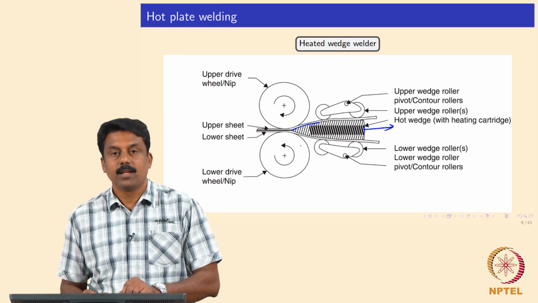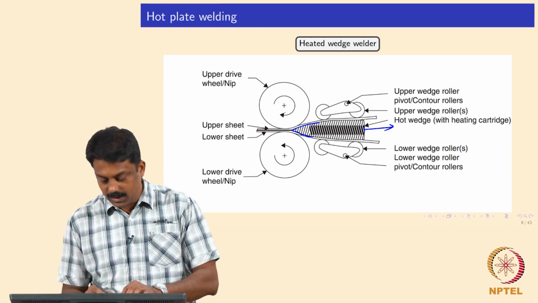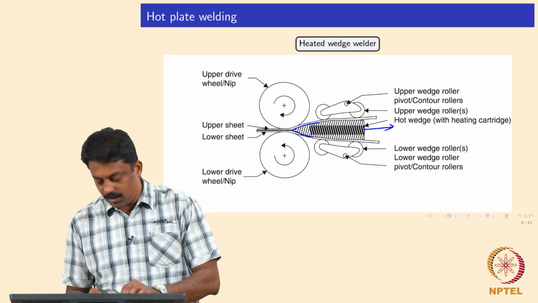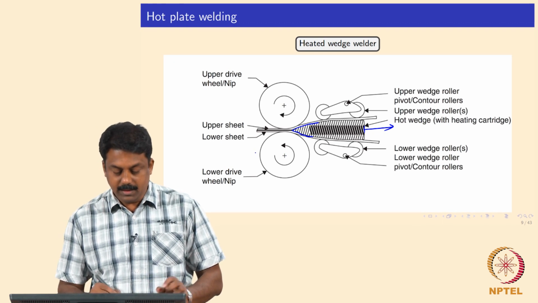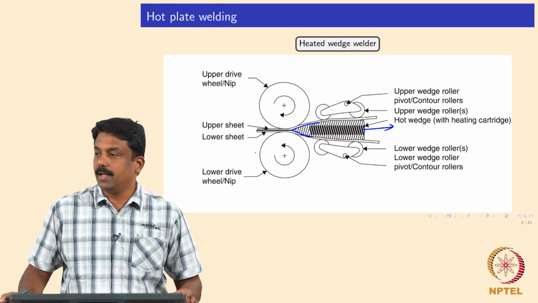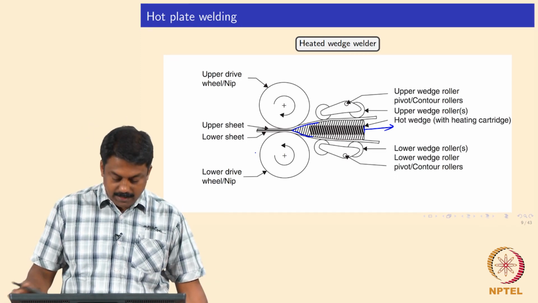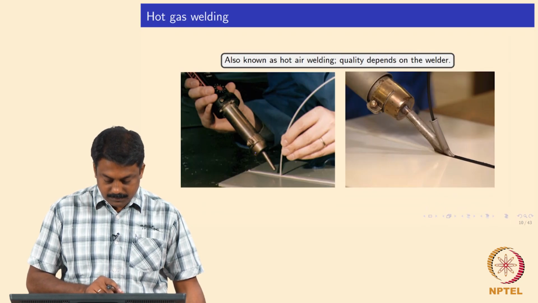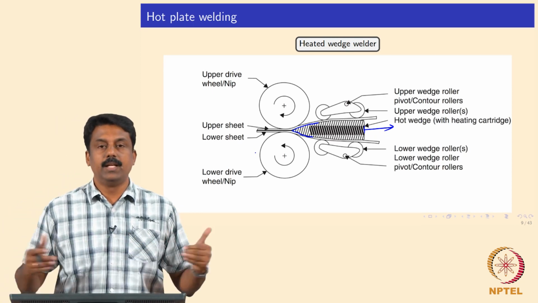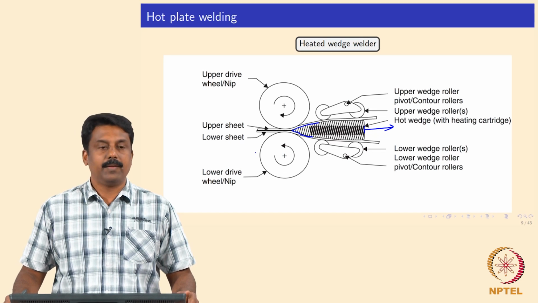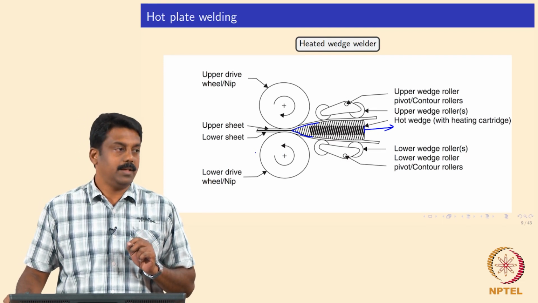The driving rollers roll, you heat up the interface using a resistance heated wedge, and then the wedge moves, and subsequently the interface melts. You have a leveling roller and then the work roller. The work rolls just move along the interface, the molten interface comes into contact with itself, and you apply pressure using these drive rolls. Subsequently you can make seam joints, right? It's clear. This unit is also commonly used. I may have a picture of that. No, okay. This is commonly used to weld thermoplastic plates, especially thin section plates.